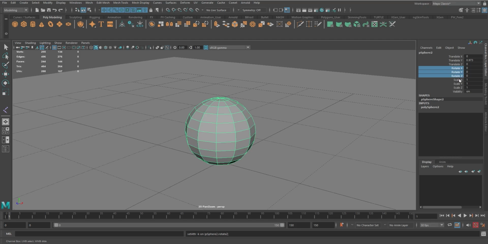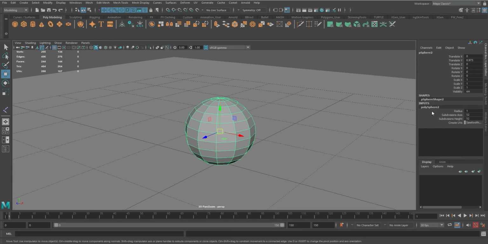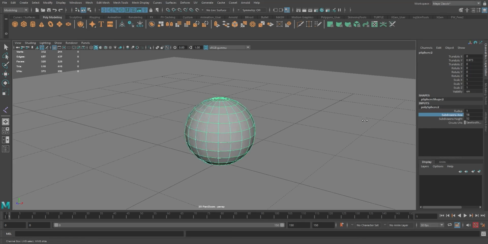You can also lock and hide selected, which locks it and hides it. And I think we had already gone through adding attributes and whatnot. If you want to add additional attributes, this is where the shape node and also our inputs are located for our sphere. So if we make any adjustments here,